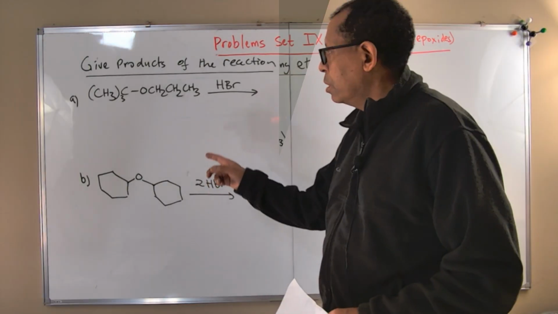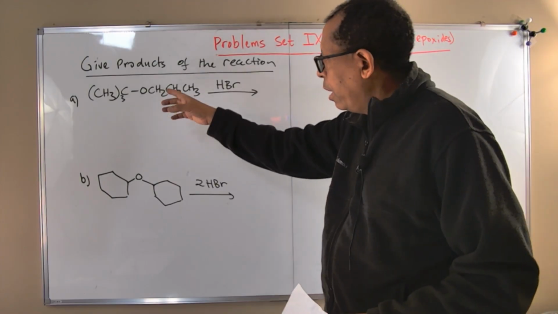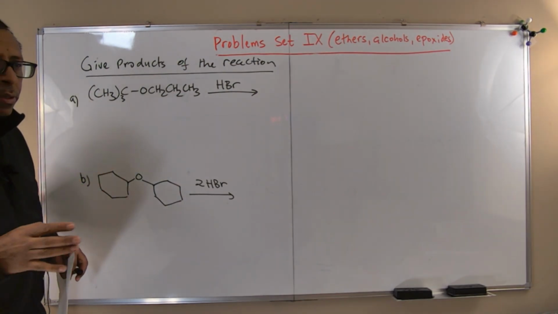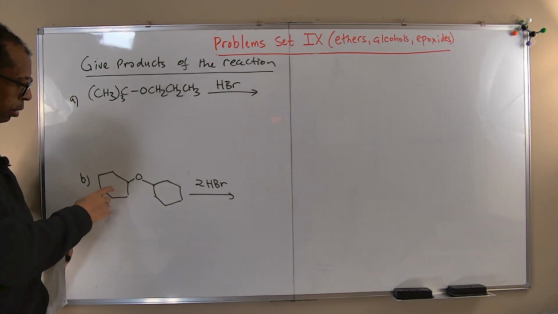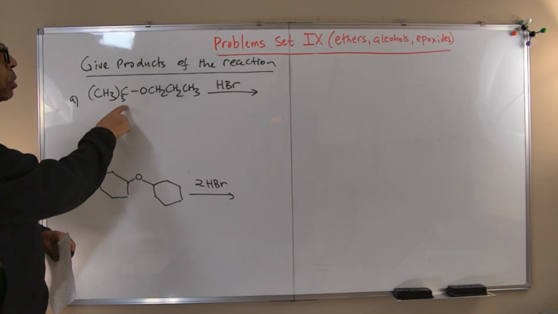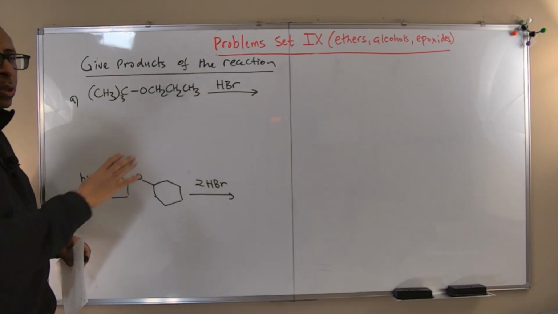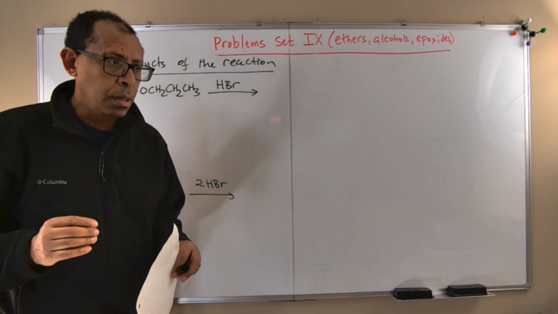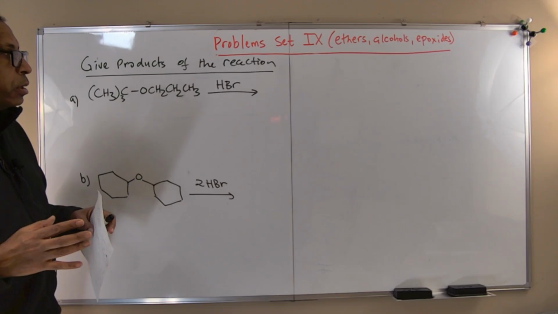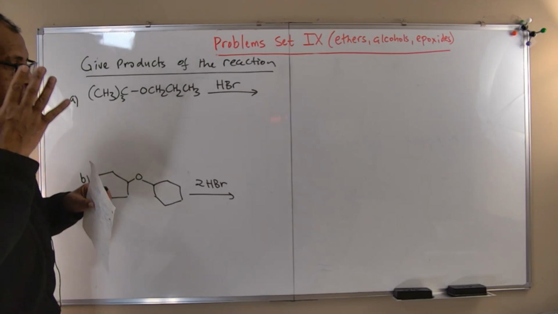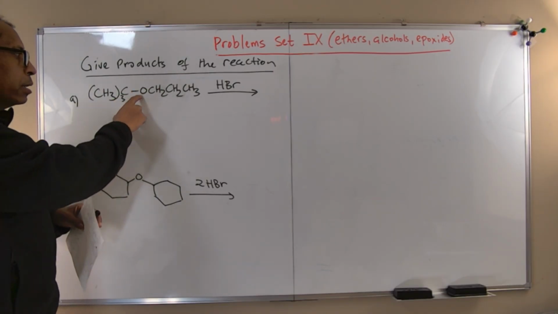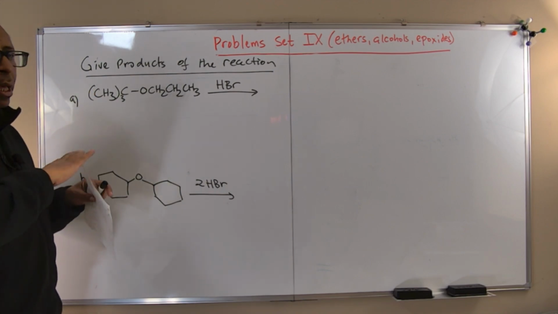I have two questions here on the board, and they are both ethers. The question for this is, what are the products of this reaction? Here you have a cyclohexyl ether and also a tert-butyl propyl ether. In both cases, they are treated with a strong acid. Whenever an ether is treated with a strong acid, the carbon-oxygen bond would break, because it's a very strong acid, and it results in the protonation of that oxygen, and it would split